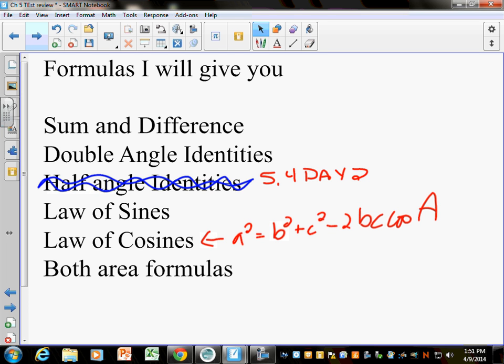And then number 17, again, the copier just kind of didn't do such a good job. That should be an equal sign there, where it says find all solutions to the equation. There's no equation there. It should say 2 sine squared x equals 1. And then the rest of those, I think, are okay too.